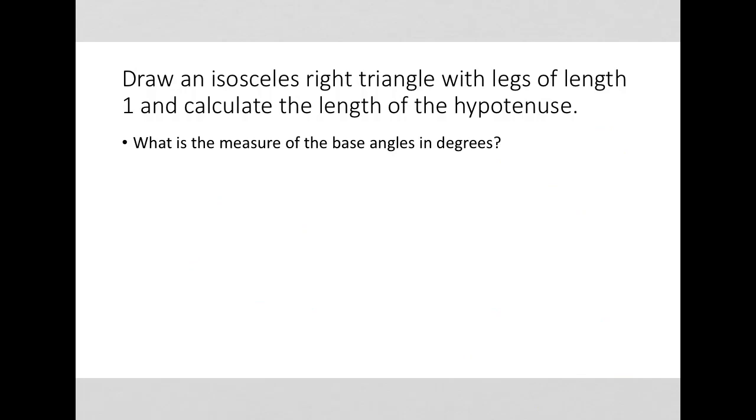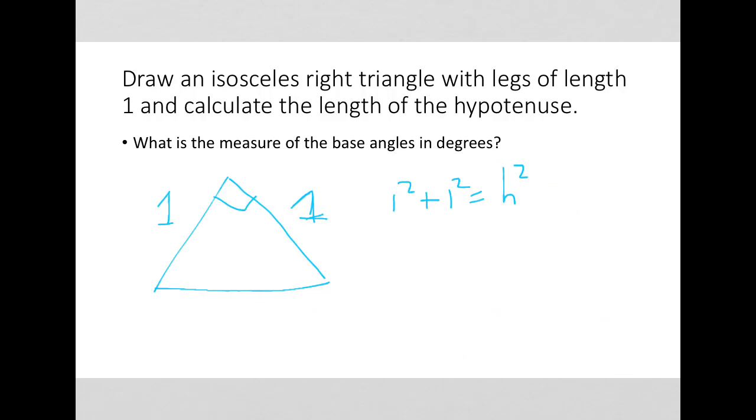What we want to draw is a right triangle whose vertex angle is a right angle with legs of length 1, because now that it's a right angle, we can use the Pythagorean theorem, which says the legs squared and added together will equal the hypotenuse squared. So we get 1 squared plus 1 squared equals the hypotenuse squared. So 1 squared is 1, 1 squared is also 1, 1 plus 1 is 2, so the hypotenuse squared is